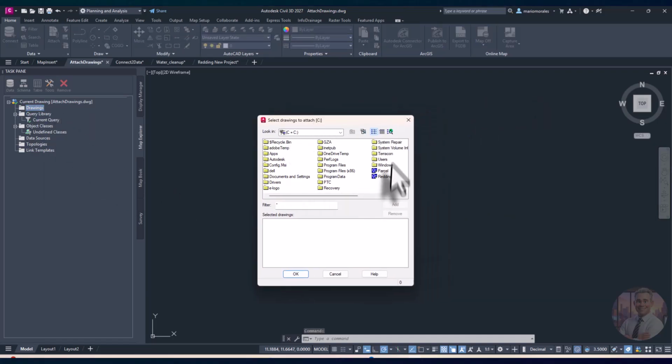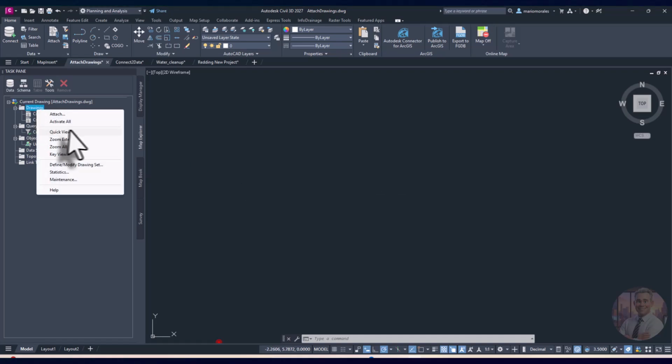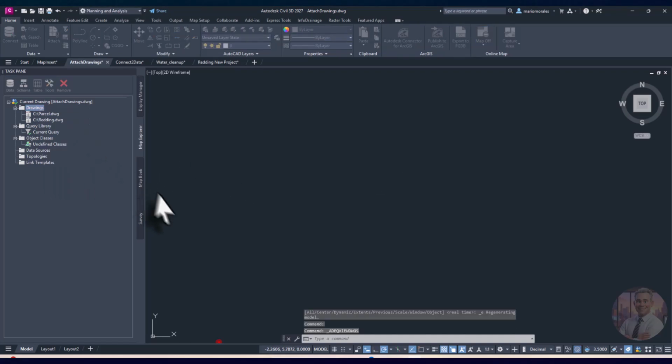And then I can go over and say, well, give me these parcels. And you know what? Give me the boundaries as well. So let me put all those in there. All right, cool. So now they're in there, and you're probably thinking, well, I don't see anything. Okay, well, I'm going to double click the wheel on my mouse to zoom extents. Okay, now I've zoomed extents. You can see my coordinate tracker right there. I still don't see anything. What's going on? Well, now if I come over here and I set this to quick view,